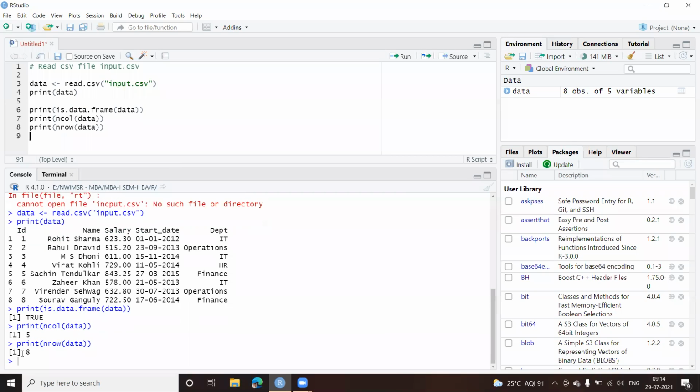We pass the data. Okay, so we have 8 rows here, 8 rows and 5 columns. That's how it's easy for you to find out the number of rows and the columns. Okay. Now from the same data set, I have already copied it into my data